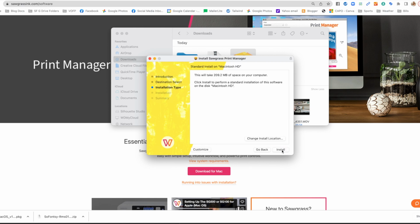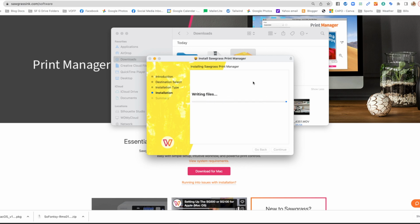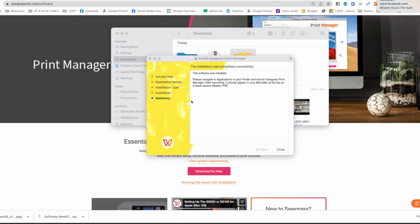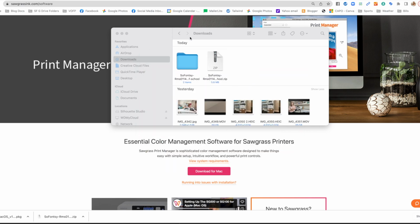Okay? It's asking you, of course, where you want to keep it. You're going to click Install. You'll need to put in your computer's administrative password. All right? As you're doing that, once that's finished, you'll be able to click OK, and it's going to ask if you want to move it or keep it. I'm just going to tell mine I want to move it to the trash. So then what you want to do is you can launch